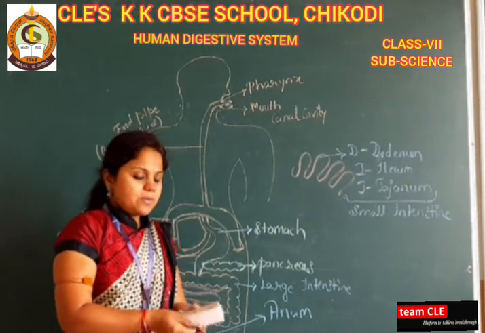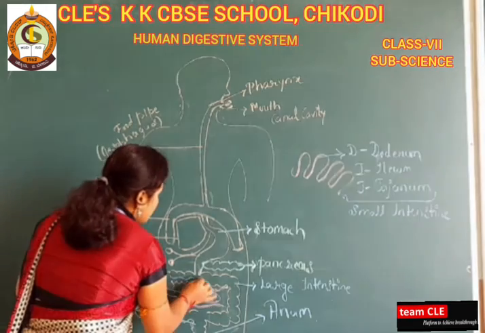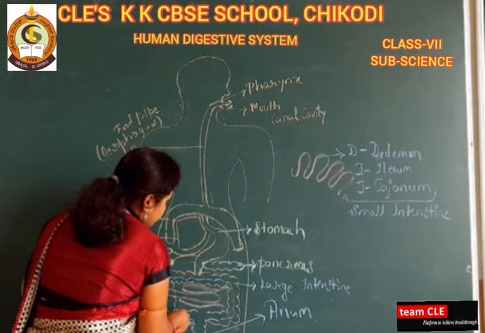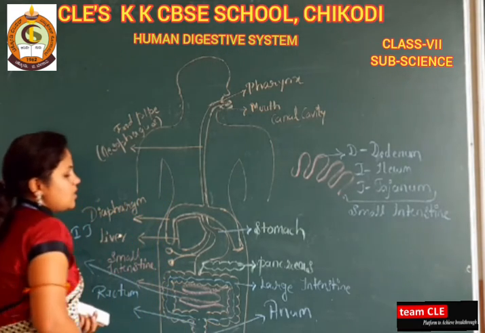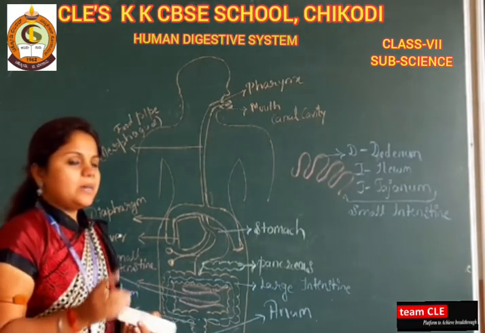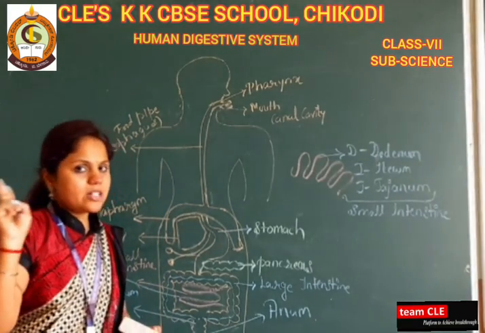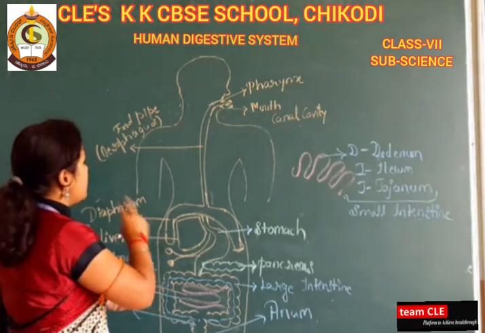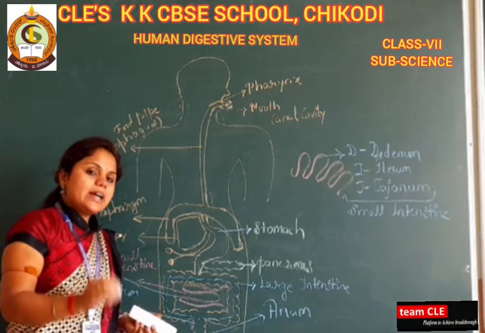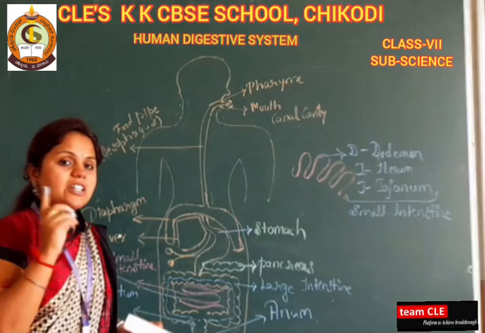Actually, there are other concepts too. If you want, you can draw lines on the large intestine, which are the ascending colon and the transverse colon. But there is no need to show that. If you draw this much, no problem, you will get full marks. Just practice this human digestive system minimum 5 to 6 times, and you will get a perfect shape of it.